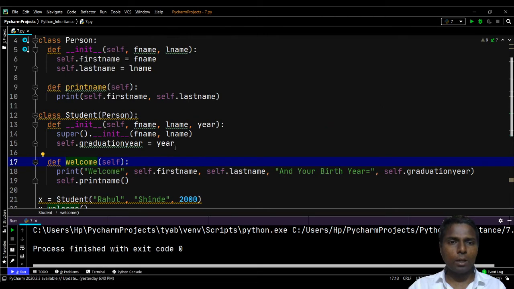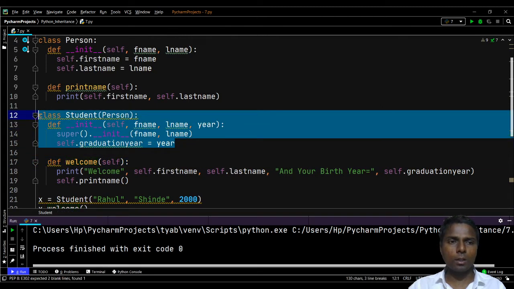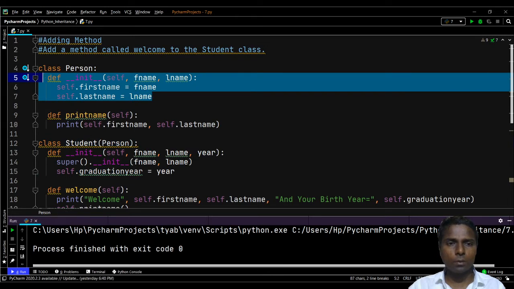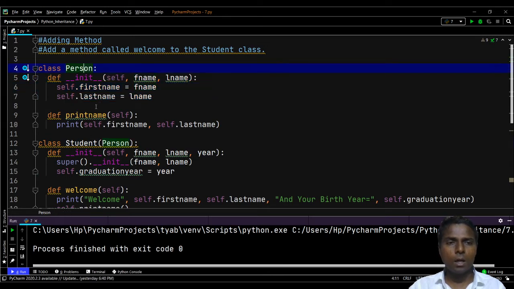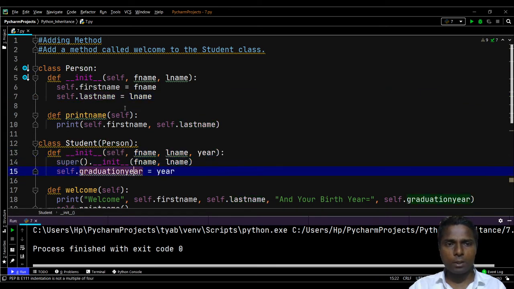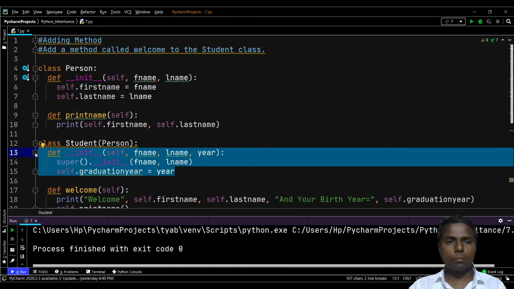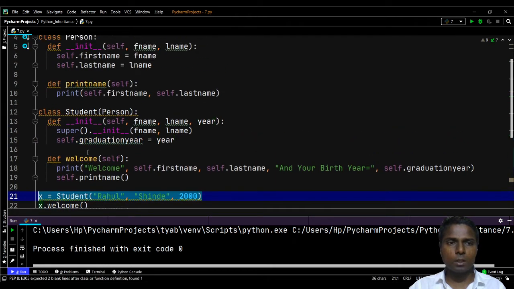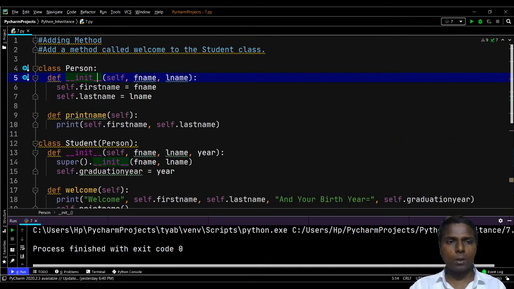By default init function will be called, it will be executed. But in both init functions, the init function of the parent class as well as the init function of the child class, we haven't used print method, because of which this message will not be displayed on the output console. When object is created, both init functions from parent and child class get executed.